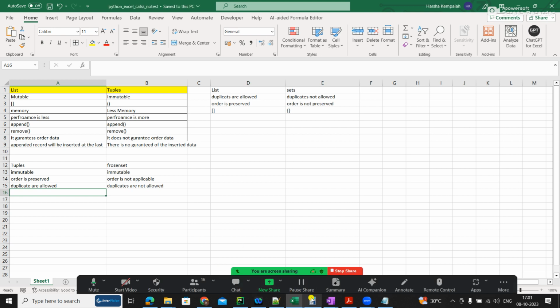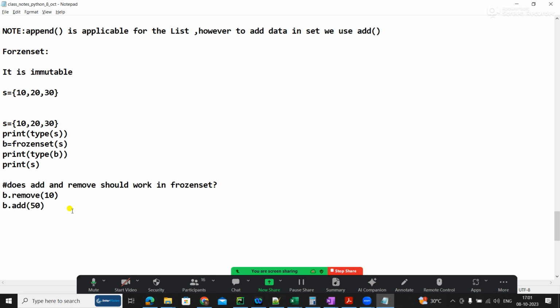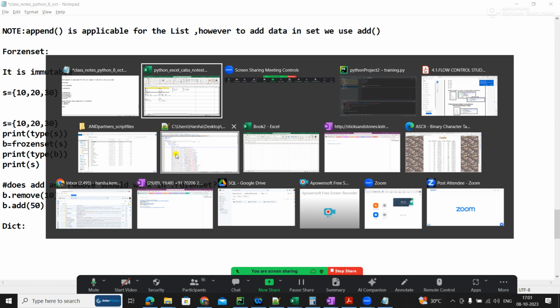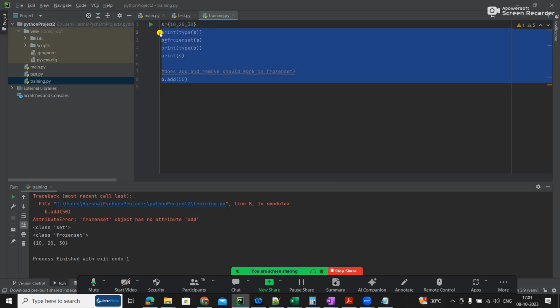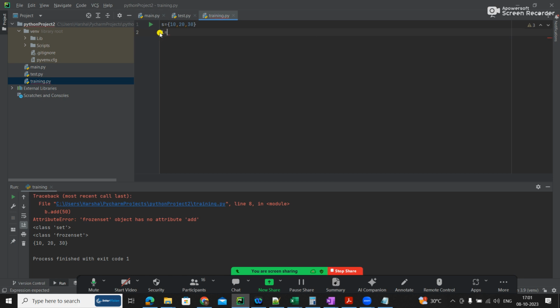So let us come to one more data type, which is dictionary. We also call it dict. Basically, till now, whatever we saw in the list, tuple, sets, what kind of data was that? In the list we have 10, 20 or whatever. You can have heterogeneous data also, it's fine. But always this data was a single data. It was not a couple of data as a single module. So this is single data, single data, single data.